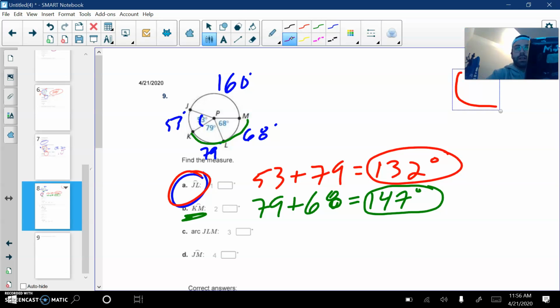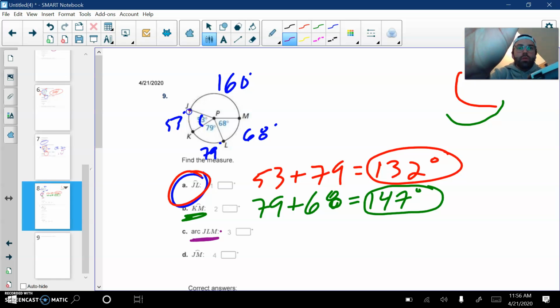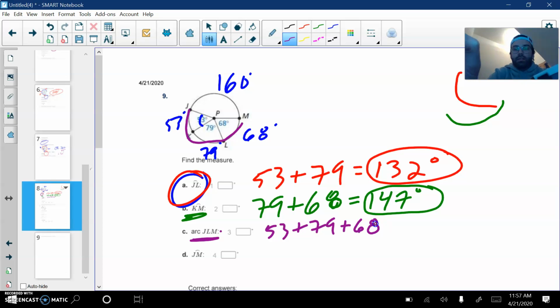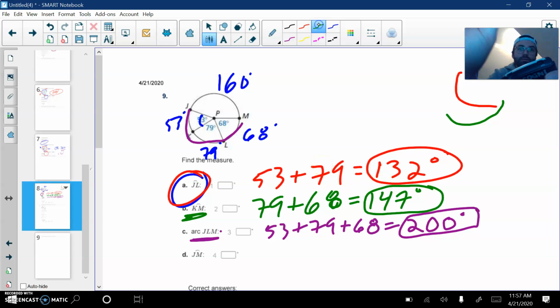Arc JLM, we'll go purple. Okay, so J, and remember order matters, J to L to M. So I'm going to do 53 plus 79 plus 68. That'll give me 200 degrees. So, 200 degrees. Lastly, I want to find